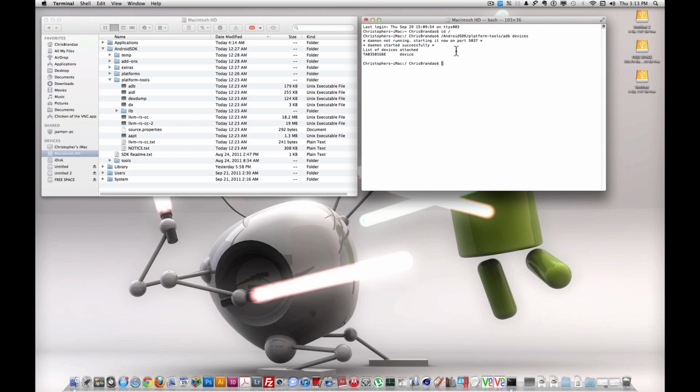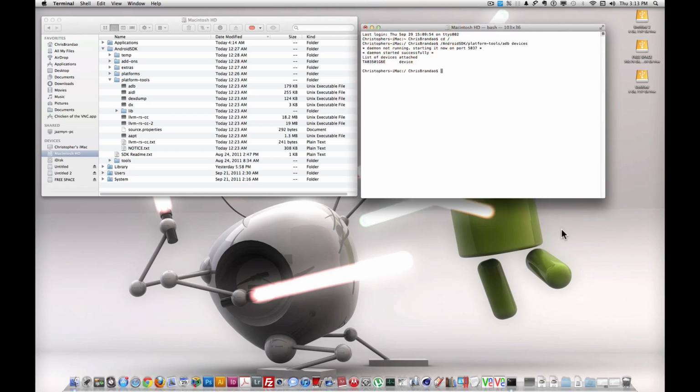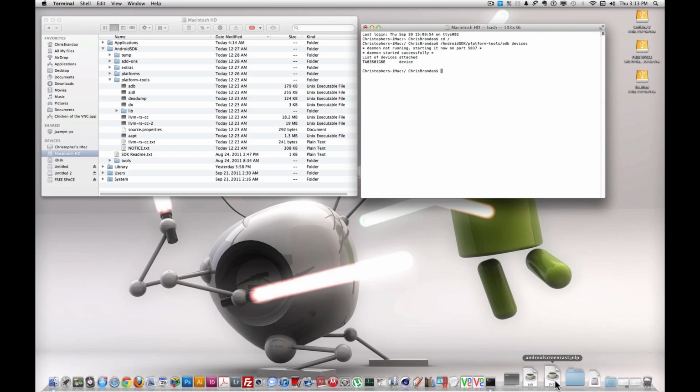And now that we have confirmed that it's recognizing the device, let's go ahead and open up the Android screencast JavaScript that you downloaded. I'll post a link to where you can download the SDK and the Android screencast, and another screen capture JavaScript that I think is very useful too, and we'll get to that later in the tutorial. But let me go ahead and click the Android screencast JavaScript